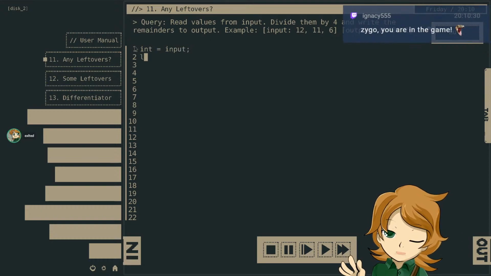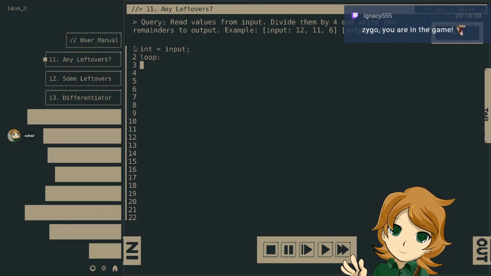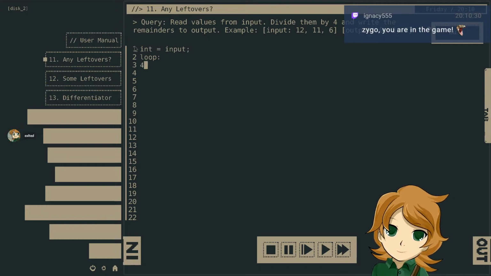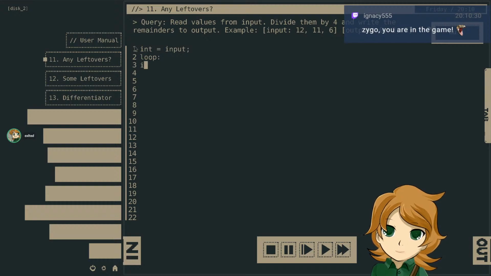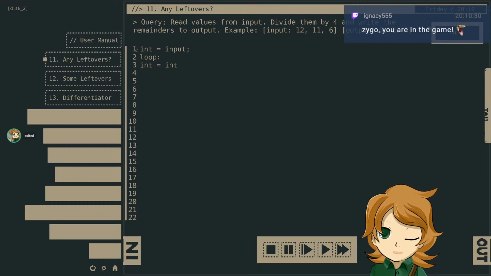And this here is loop, and I need this one. And so what I'm going to do is I'm going to be int equals int minus